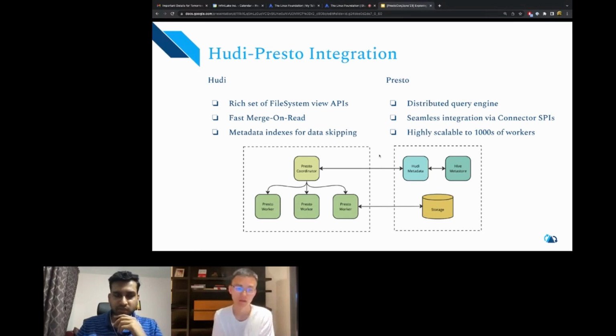But I want to highlight some special things about Presto as well as Hudi. So Presto, first of all, it has a beautiful set of these connector SPIs, which makes it easy to integrate other systems. And it's highly scalable to thousands of workers. What Hudi provides is a very fast merge on read operation. So the load that we do, it's not as if we have to recompute it. We just pull in incremental changes, and